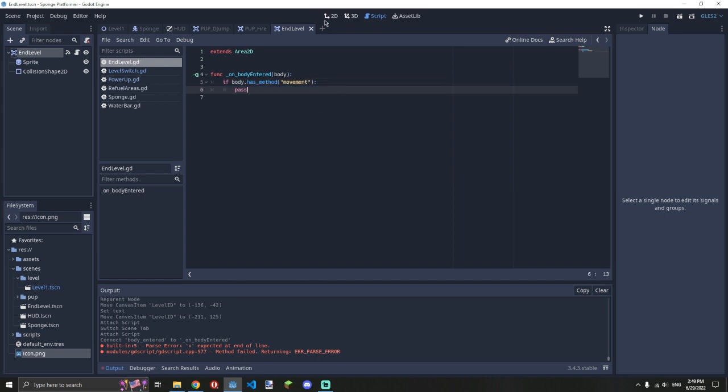Because of the fact that I don't have any enemies. This will definitely have to be changed later, because I'm sure enemies will also have a function. Anyways, now we have to emit a signal. Level ended. There we go. Alright. So now that we have level ended,